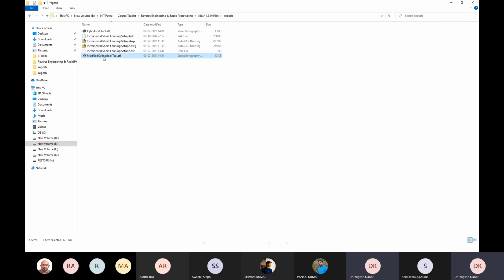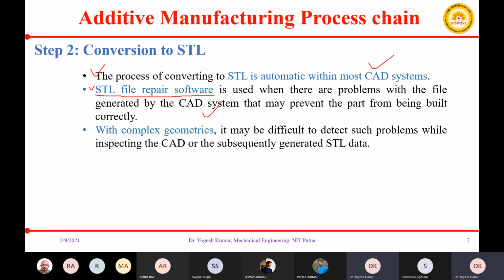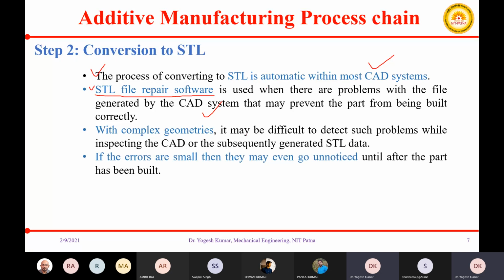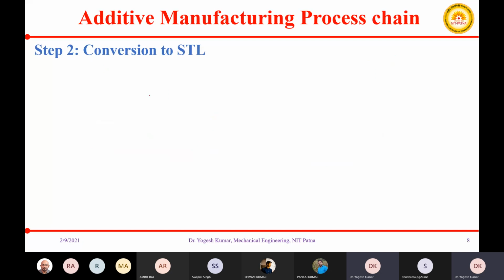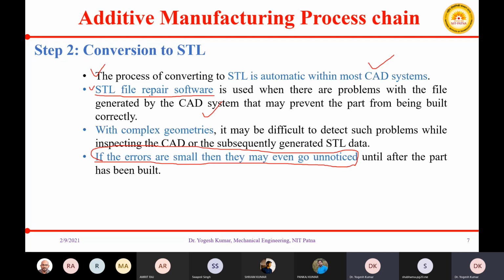As soon as you have repaired your STL file, you will move to the next step. As I told, there may be errors in the STL file if you are creating it from your CAD modeling software. So for further repairing of the STL file, you need to use any STL file repairing software.